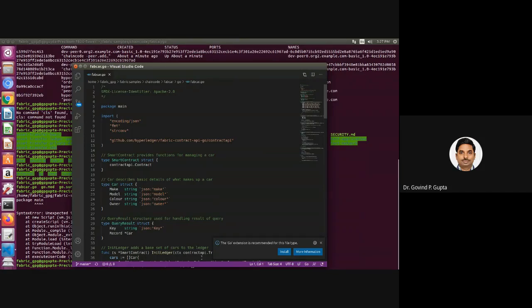If anyone is interested in developing their own chain code, a smart contract, in Fabric, to create the network you have to learn different commands. There is no need to write code for deploying the network. That is facilitated by Hyperledger Fabric. You only need to learn how to develop chain code logic, how to write the smart contract in the chain code.